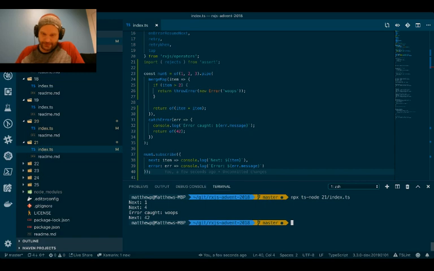here is that we have 1, 2, and 3, and then merge map. So our merge map will say, okay, if the item is greater than 2, throw an error, whoops, otherwise return item times item. And so we do that for the first 2 here, and then we have this error. So catch error